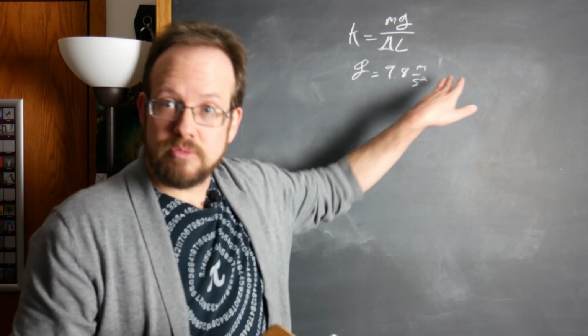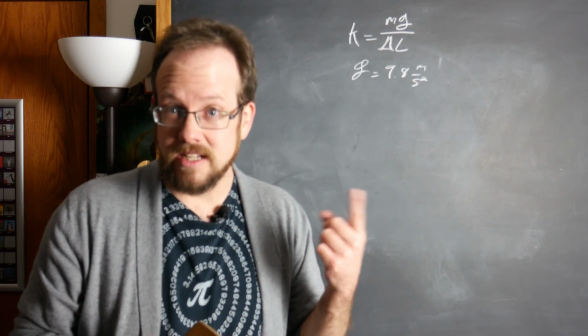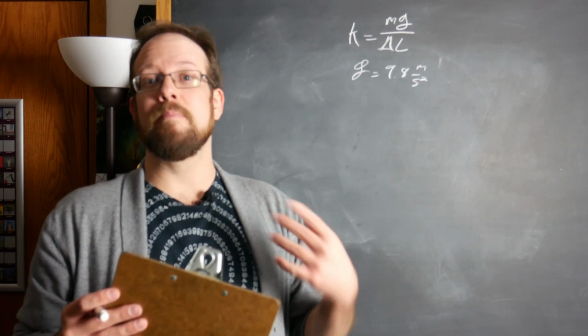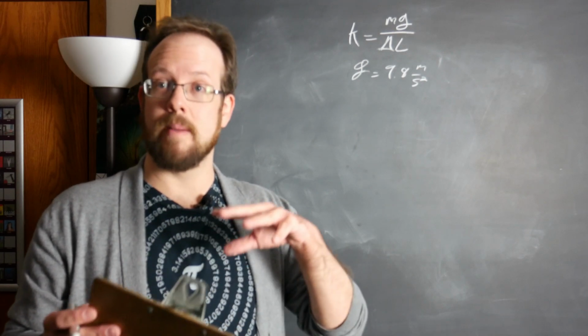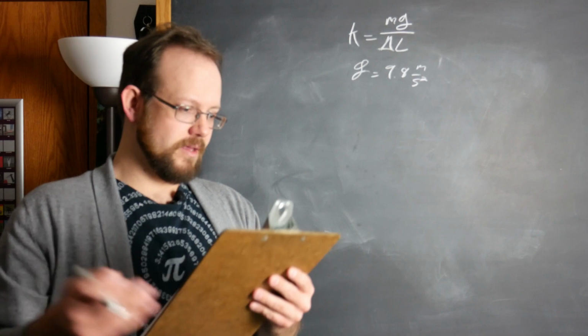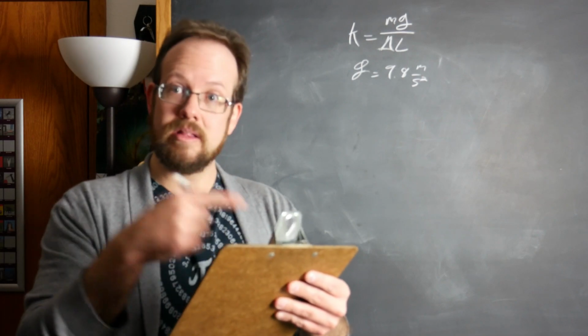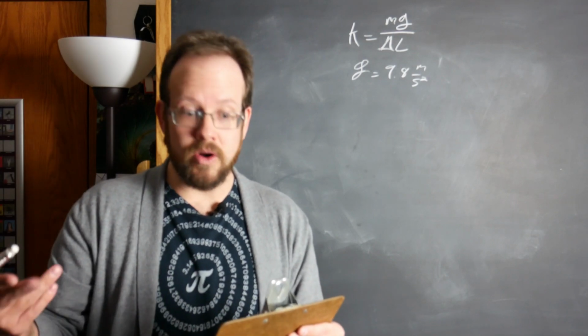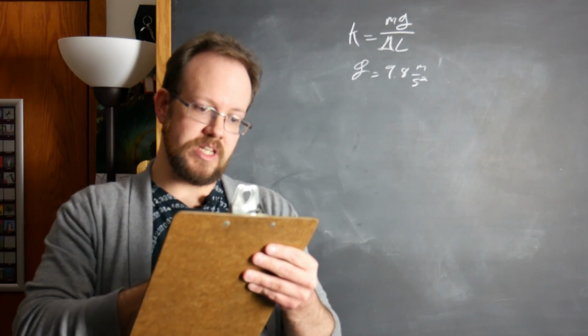Because this is in meters per second, we're going to need our time in seconds, our lengths in meters, and we're also going to want our masses in kilograms. So I'm converting everything into kilograms, meters, and seconds. For example, one of the lengths we measured was 8 1/4 inches. That comes out to